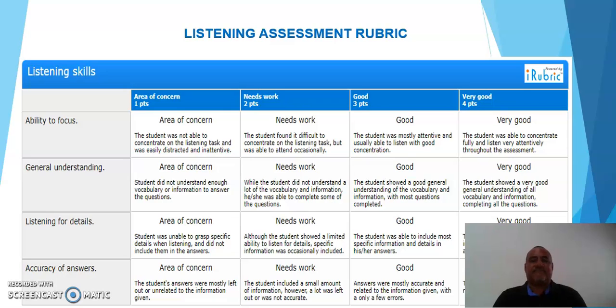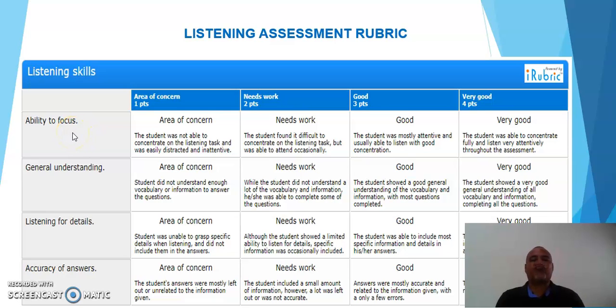Then the students have to know the listening assessment rubric in advance. So they have to know what they are going to be evaluated on in order to do their best.